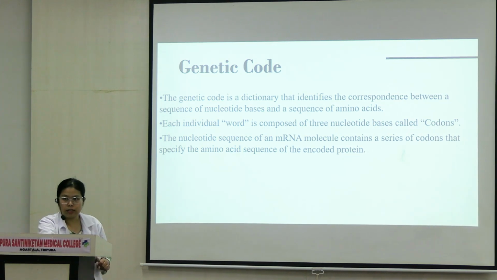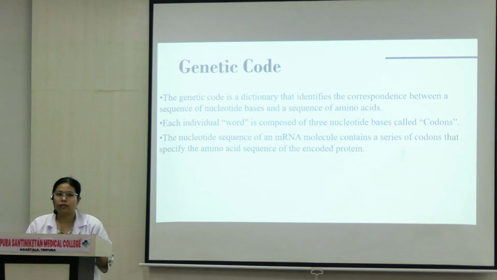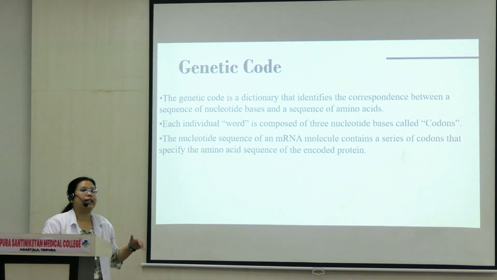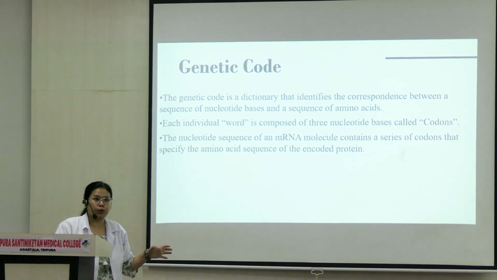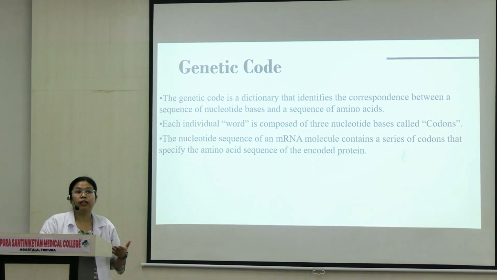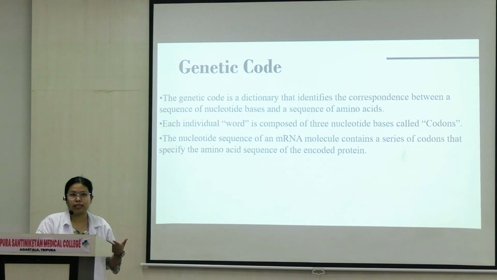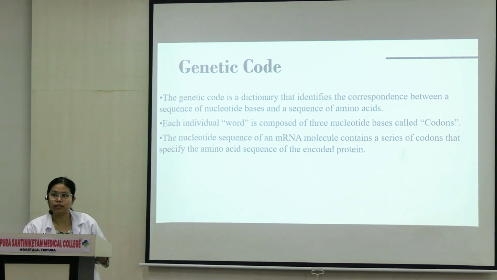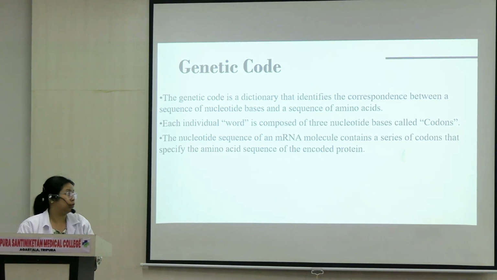Is it understood? We have all been talking about nucleotides in the previous classes, different types of nucleotides and the sequence of nucleotides. All of those nucleotides represent something, right? They represent an amino acid. And this genetic code is a dictionary which acts as a code, as a language, and helps us to translate what this group of nucleotides stands for.